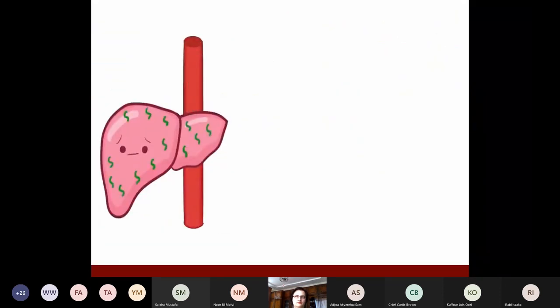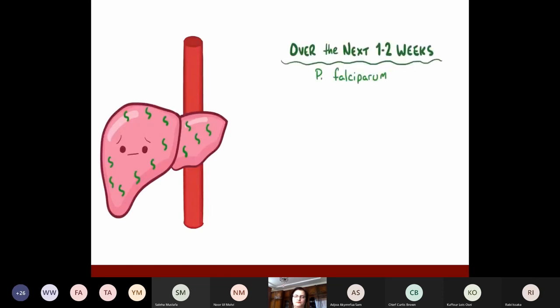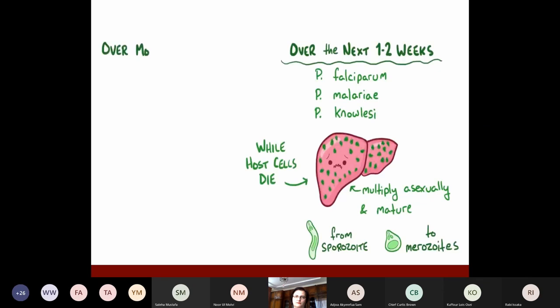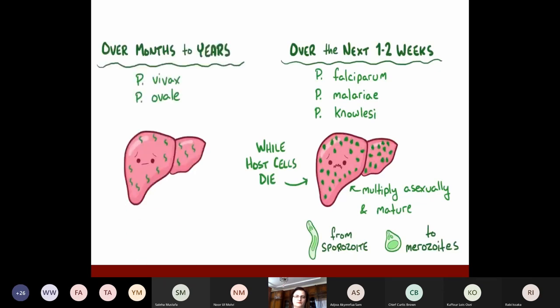At this point, the Plasmodium species vary a bit. Over the next 1 to 2 weeks, Plasmodium falciparum, Plasmodium malariae, and Plasmodium knowlesi sporozoites multiply asexually and mature into merozoites, while host hepatic parenchymal cells die. In contrast, over the next few months to years, Plasmodium vivax and Plasmodium ovale sporozoites enter into a dormant hepatic phase,